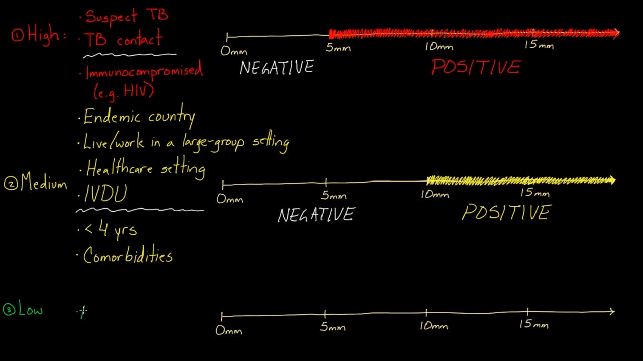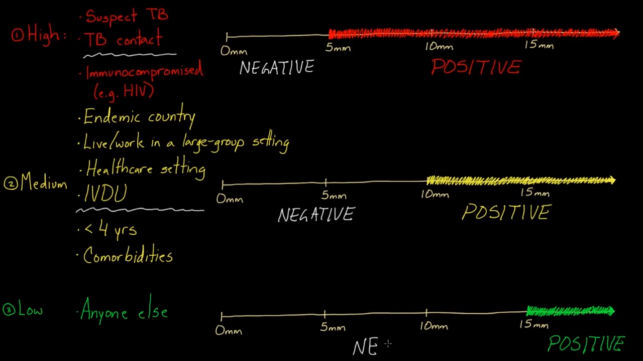So down here then we have anyone else. Anyone that doesn't fit into the other categories fits into this final one. So this is the low risk category. And for these folks, 15 millimeters or greater are needed to be considered positive. And so if you have someone that is very healthy and doesn't fit into any of the other things that we just talked about, and their PPD is 20 millimeters, then they would be considered positive. But if it was only, let's say, 13 millimeters, somewhere in this other range down here, then they would be